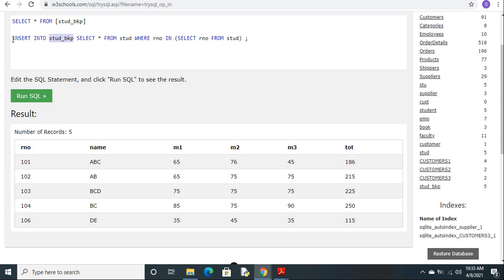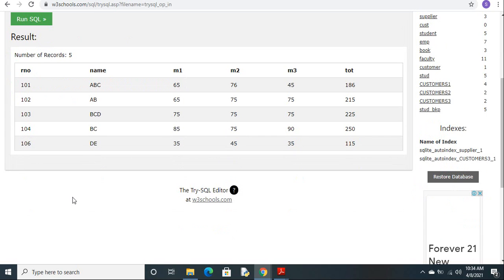We can use these subqueries to insert the values into a table. Is it clear? Yes, sir.